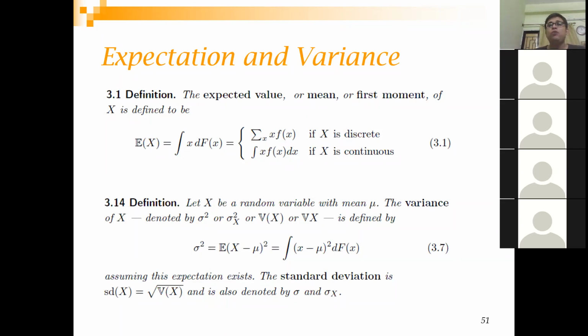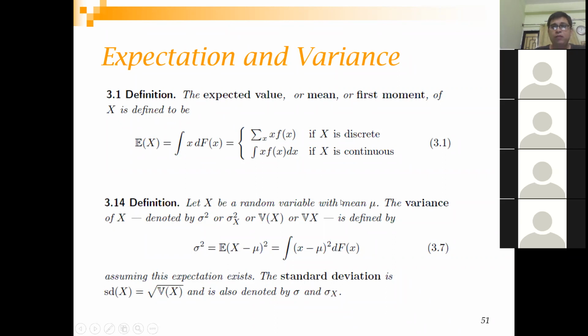So expected value, how will you calculate it? So for a discrete distribution, just sum the individual values with the corresponding probability and then take an overall sigma. So for each individual point, you multiply x with its probability and then you sum it up. And then when it comes to your continuous distribution, as usual, you take the product of x and f(x), but instead of summation, you need to take an integration.